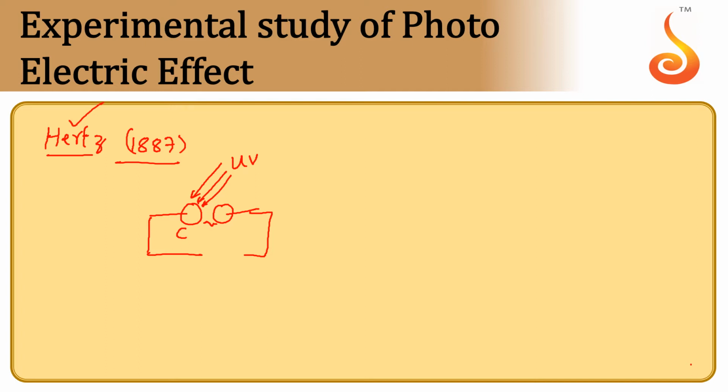But later it was further studied by another scientist, Hallwachs. Hallwachs conducted experiments between 1886 and 1902. This experiment is also called the zinc plate experiment. Let us see that as well. He took one negatively charged zinc plate. Negatively charged means the number of electrons, or negative charge, on the plate is more than the positive charge. That means electrons are more than positive charges.